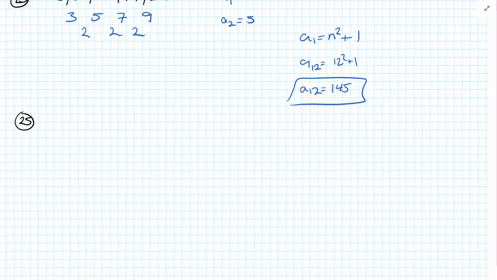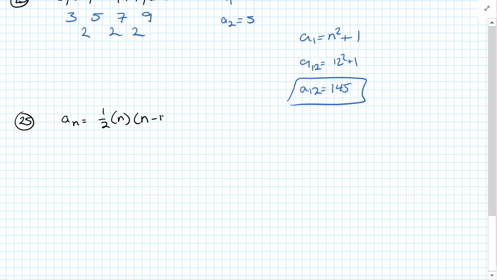25. Decide whether each formula is explicit or recursive. So a of n equals 1/2 n times n minus 1. Well, since I don't have an a of n minus 1, it's got to be explicit. So we need to find the a of 1, 2, 3,